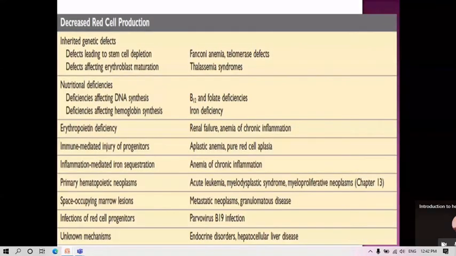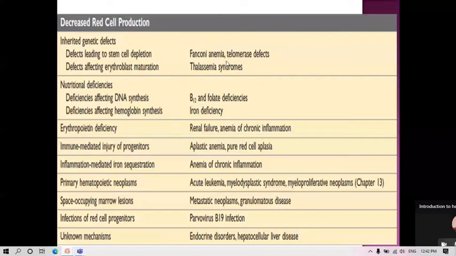In the etiological classification, decreased red cell production, which you have to remember is aplastic anemia, and in the inherited genetic defect, we have this defect leading to stem cell depletion. We are aware that we have these totipotential stem cells. When these stem cells have defects, there will be aplastic anemia, which can be because of Fanconi or